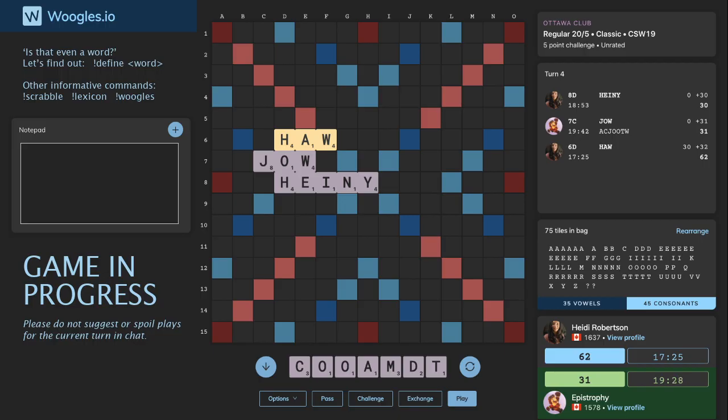That would leave me with quite a few vowels. Normally, if we were not so heavy on vowels, we could just play some consonants through here. But I don't think any single tile here is going to go in front of AWE, so...